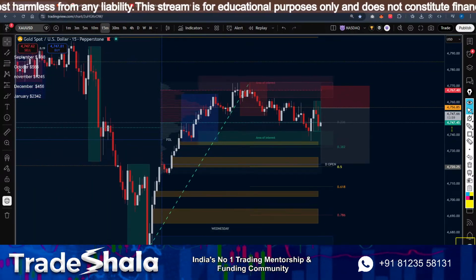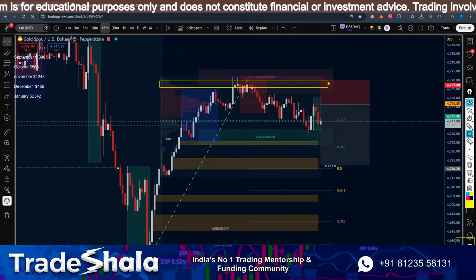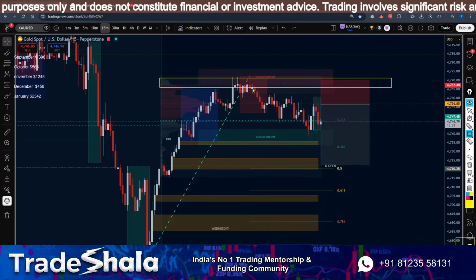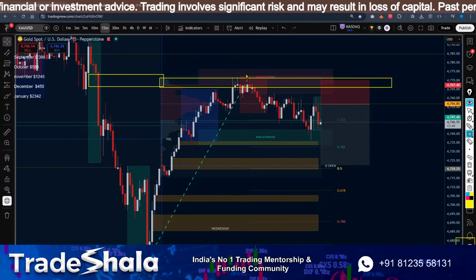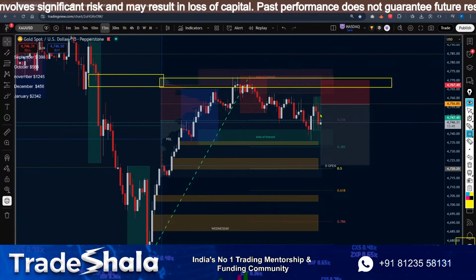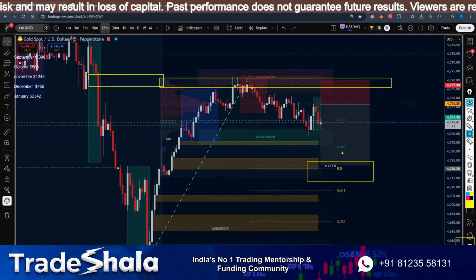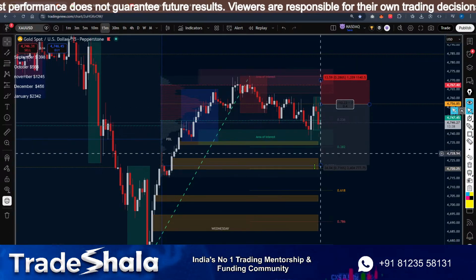But I believe in this, it will work, because we are also at the value area high. And we have taken the Asia high liquidity. We also filled the fair value gap. Now we are retracing, but we are on a minor downtrend. So the sellers will come till here, and then maybe we can bounce off from the 50% of this range. So sell makes sense for me till here.